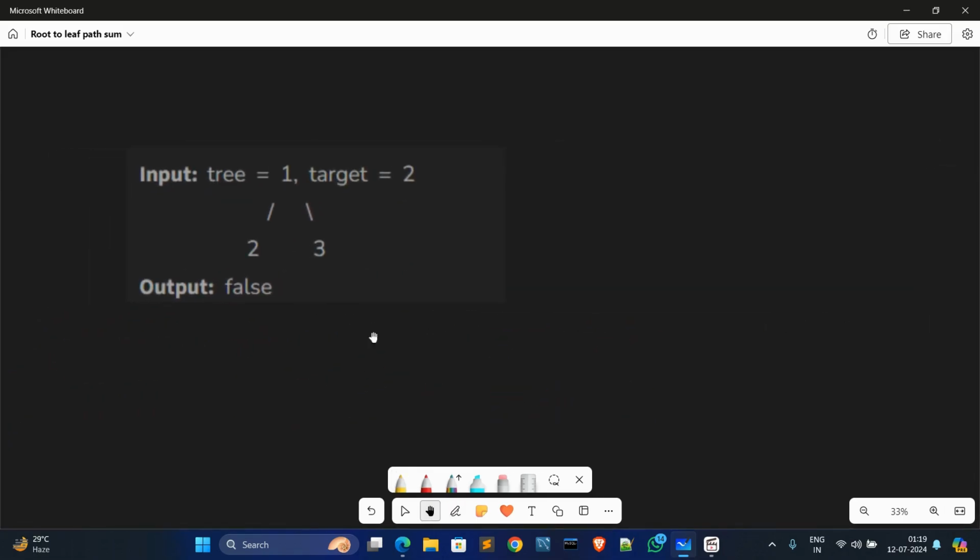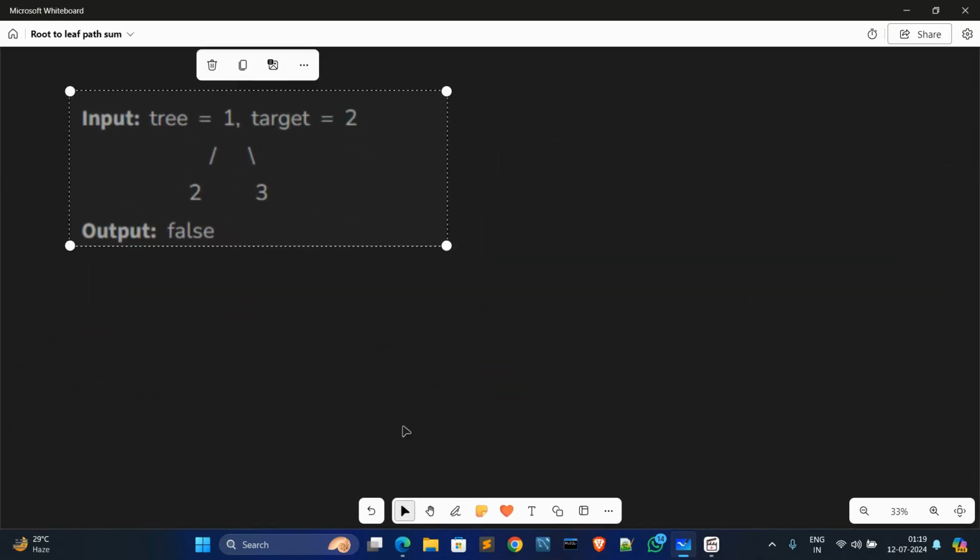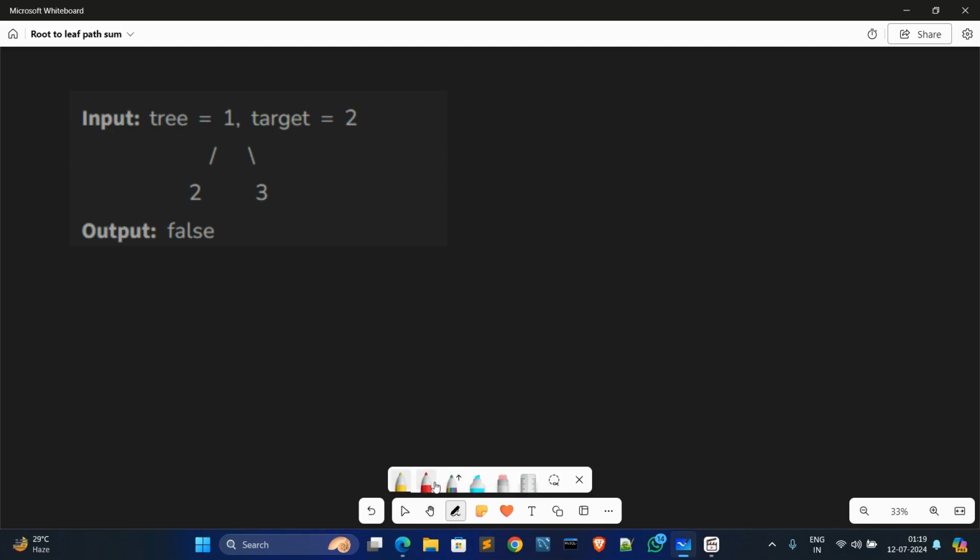In the first example, we are given this binary tree. First of all, draw this binary tree: 1, 2, and 3.